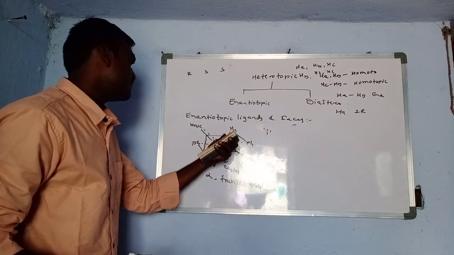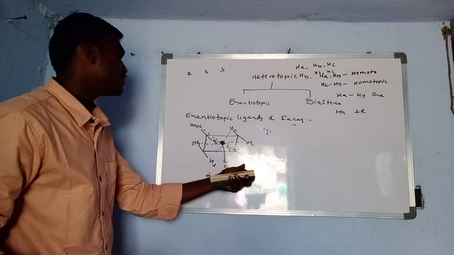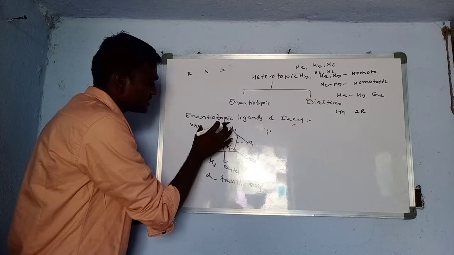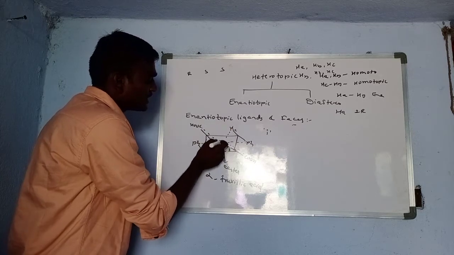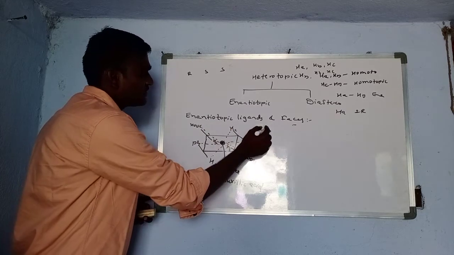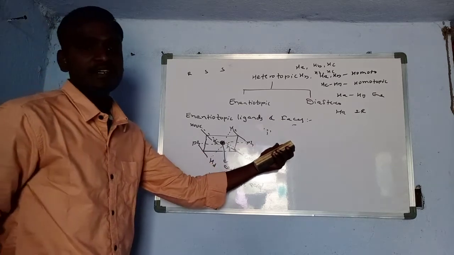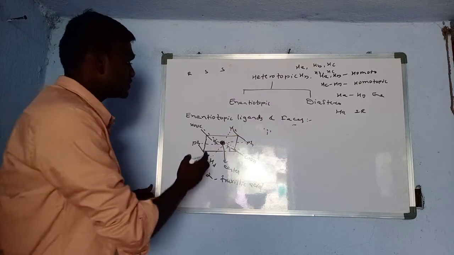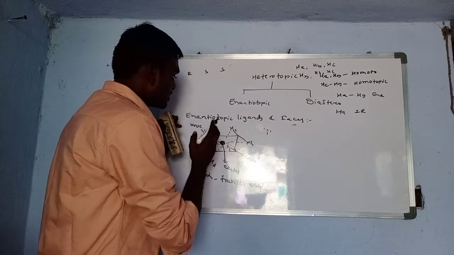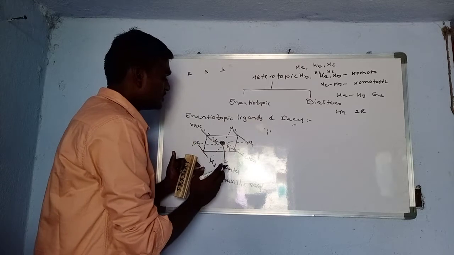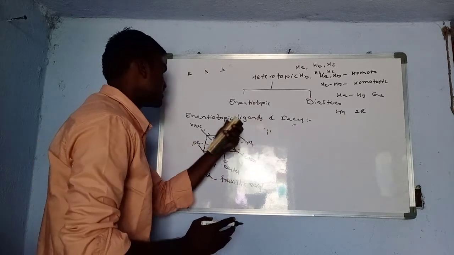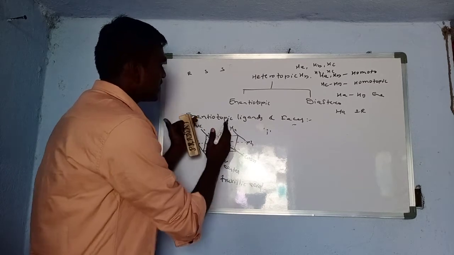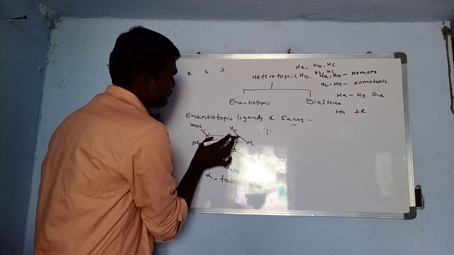In this molecule, the ligands are said to be enantiotopic. Why? Because all the ligands present in this molecule meet at a common point. That point is known as the center of inversion, the second kind of symmetry element. So that's why we can conclude that these are enantiotopic with inversion. These ligands are said to be enantiotopic because they are interchanged through the center of inversion.